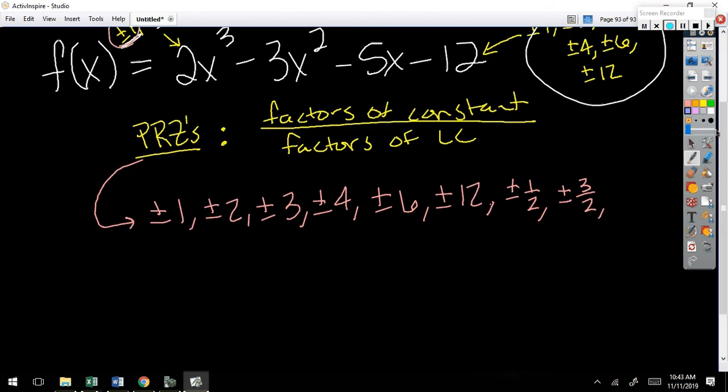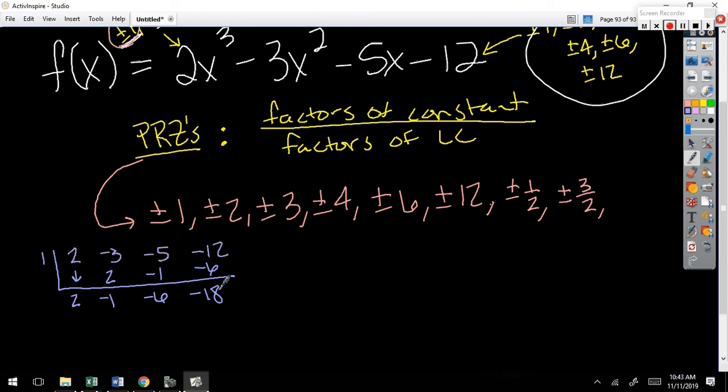But watch how quick, when you do synthetic, and if you're good with synthetic, this is a cinch, okay? So I'm going to start with 1. My goal here is to find a factor. I'm looking for a factor so that I can factor and find the zeros. It doesn't take as long as you think. We have to do it for each one. Does that one work? Why? Because it has a remainder. Factors will not have a remainder. So now let's try -1.